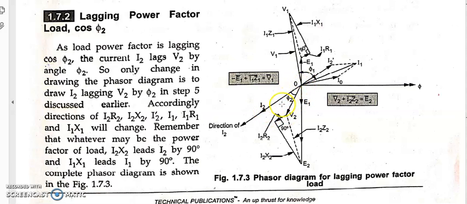Yes, you can see. First, what you need to do, first you need to draw what? You can start with either V2 or I2, but make sure I2 lags V2 by phi 2. So let us say your phasor is rotating in the anti-clockwise direction like this. V2 is first, I2 is following V2, so I2 lags V2 by phi 2. Okay, this is I2. Once you know I2, the exactly opposite phasor will be what? I2 dash or minus I2. This is what they have shown here, minus I2, or you can write it as I2 dash.